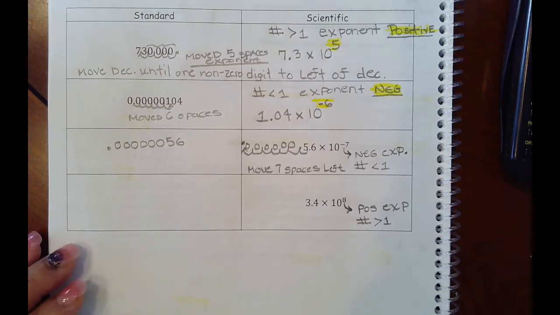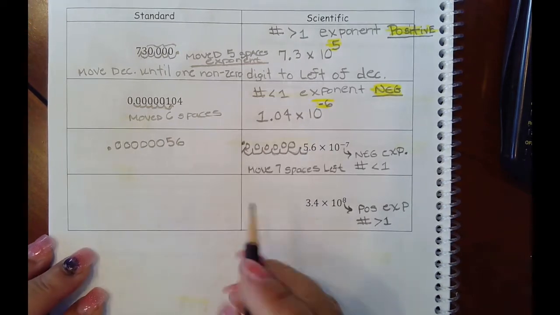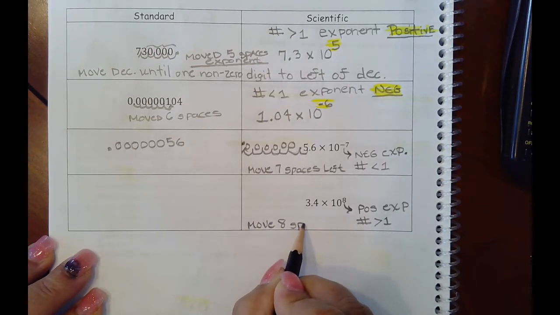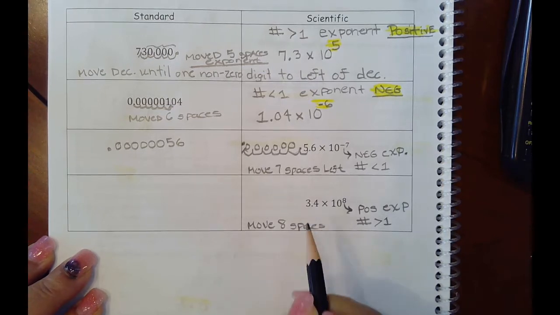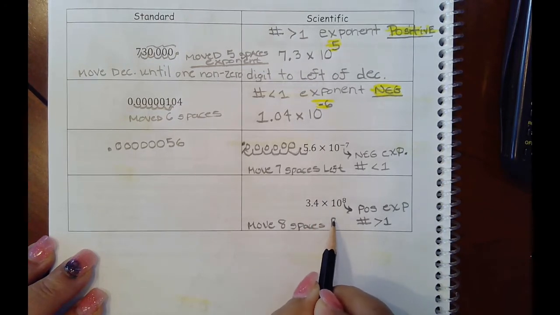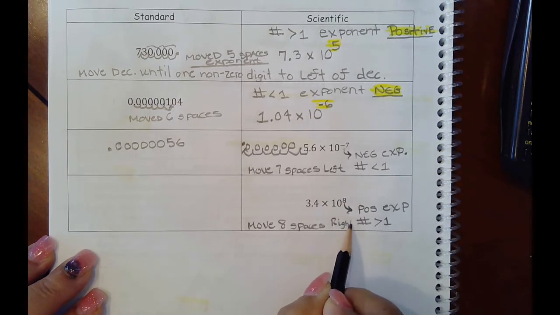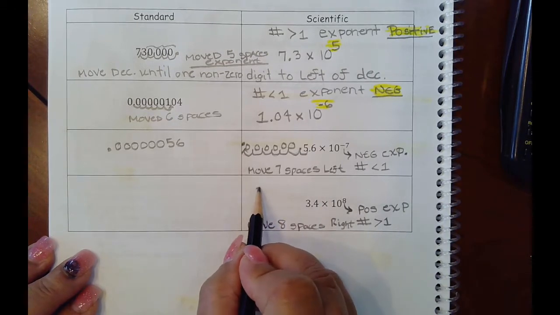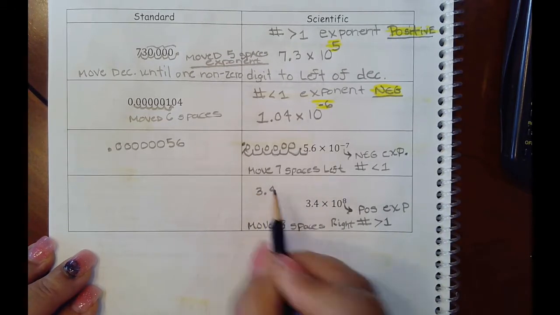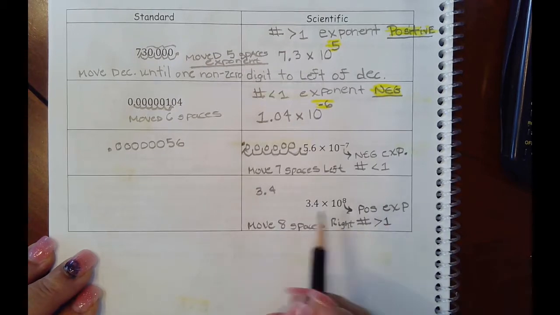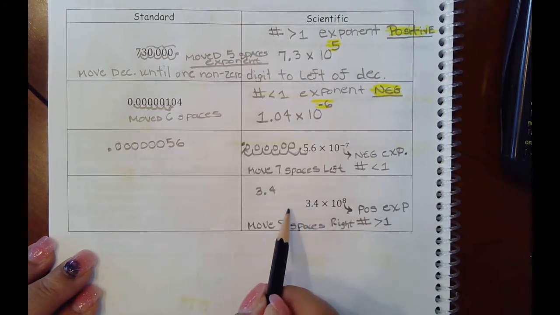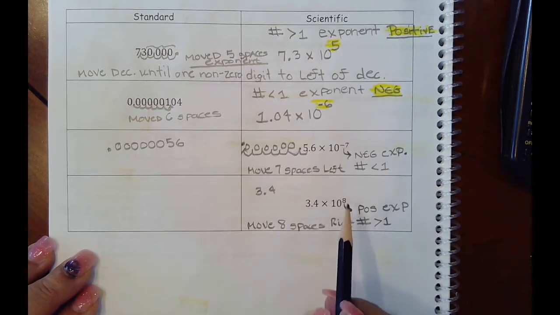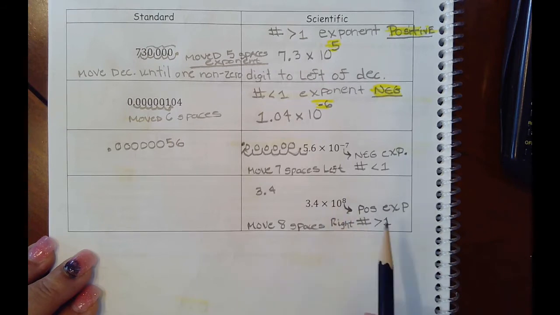Okay, so I'm going to take the 3.4 and we're going to move 8 spaces. And we're going to move 8 spaces to the right. Okay, so I'm going to do that over here. Let's see, I'll do some of the work right here. So 3.4, I want to take that decimal and I want to move 8 spaces to the right. Because again, if I was to move it 8 spaces to the left, I would end up with a number less than 1. This number needs to be greater than 1, which you can tell by the positivity of the